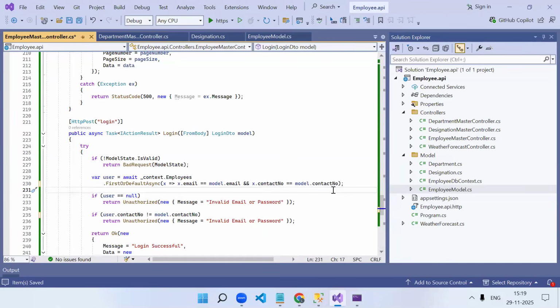While creating the employee, we have already added the condition that email ID and contact number will be unique. So we won't have multiple records with the same email ID, right? So FirstOrDefault, just like in JavaScript arrays we have the find method, right? Find will always return the first matching record, even if there are multiple. Just like that, FirstOrDefault is there. So it will try to find